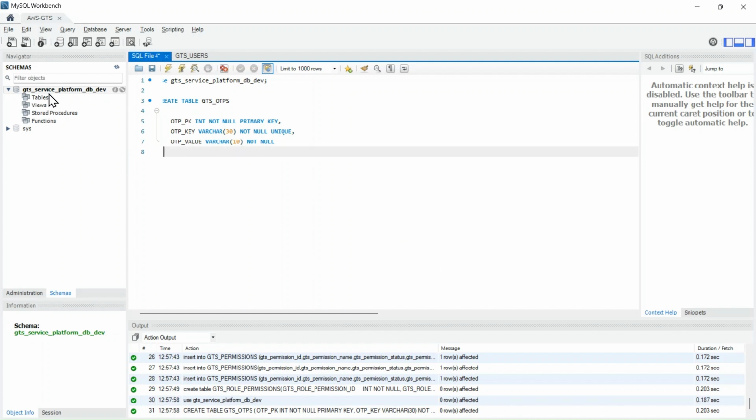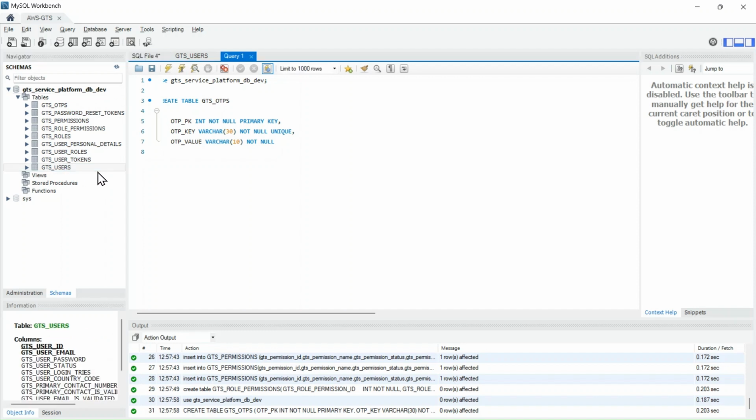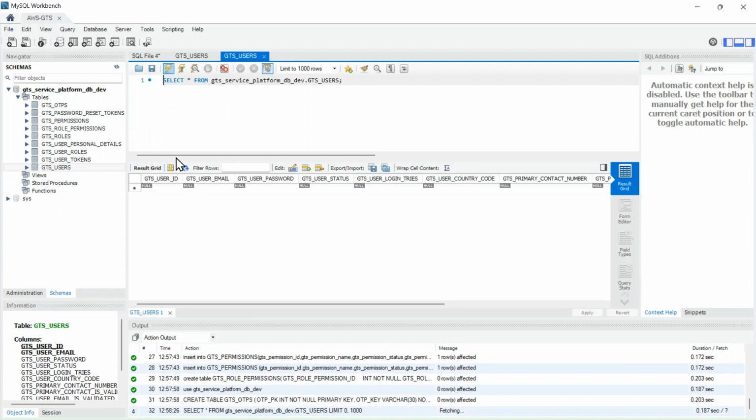Okay, fine. Let it be there. So we'll refresh the schema initially. So here the database name. This is why I mentioned, during the explanation of the Terraform script, to provide the proper database name. The DB name should be the same while you are accessing your DB instance using the MySQL Workbench. As of now, no data has been created, that is, no user has signed up. So we'll keep this as of now,